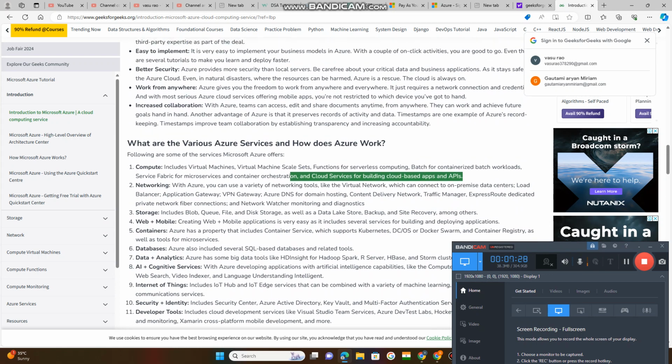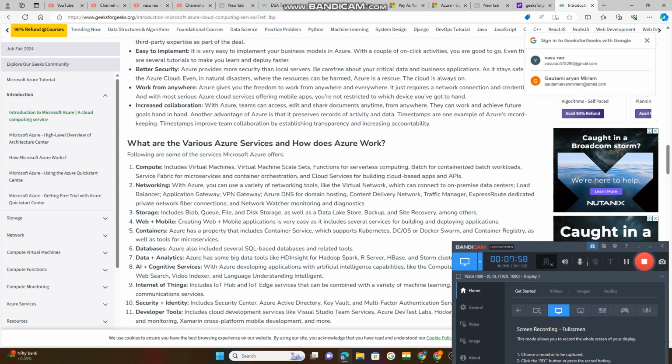So next, networking. Suppose you want to use any networking services, use virtual private network gateways, Azure DNS servers. DNS server, domain name server, is used for your website address resolution. Domain hosting: suppose you want to host your website, a domain will be given by them.